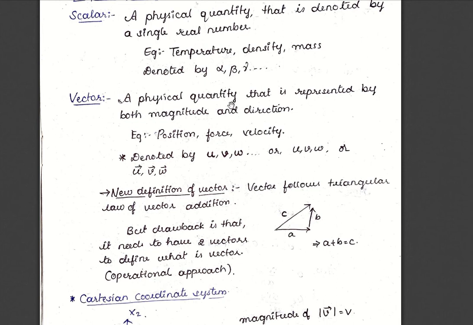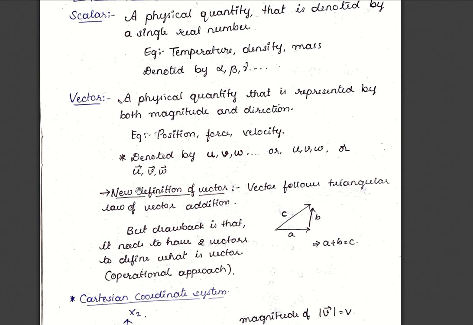Vectors, we can say, are physical quantities that are represented by both magnitude and direction. For example, position, force, velocity. So all these have some magnitude and also the direction in which they are acting. These are denoted by bold small letters, small u, small v, small w, or italic small letters u, v, w, as we represent in our school days. So that is a basic definition of vector, but it is not accepted by the mathematicians,